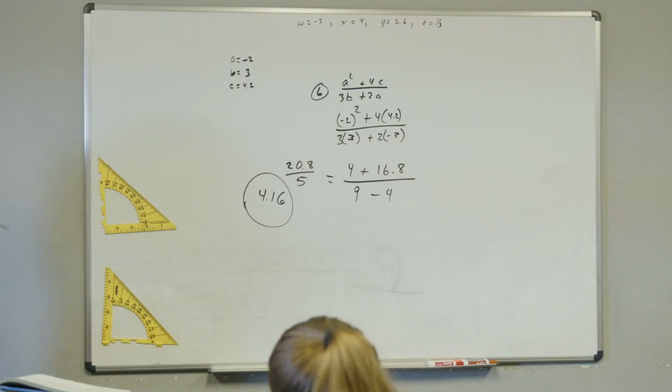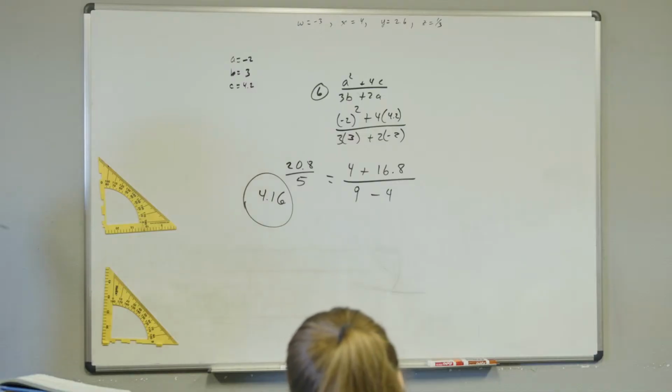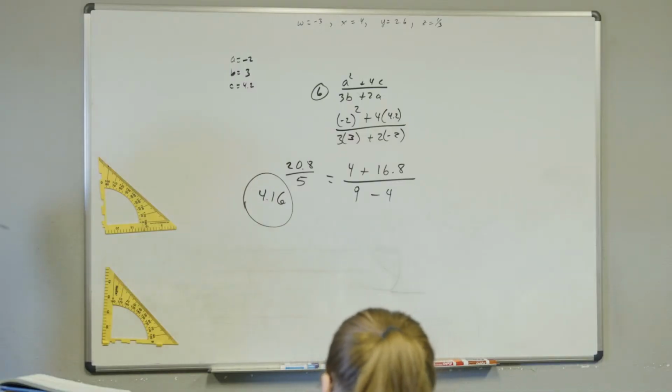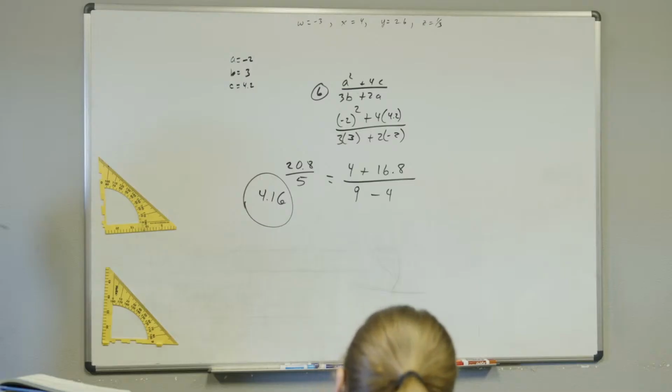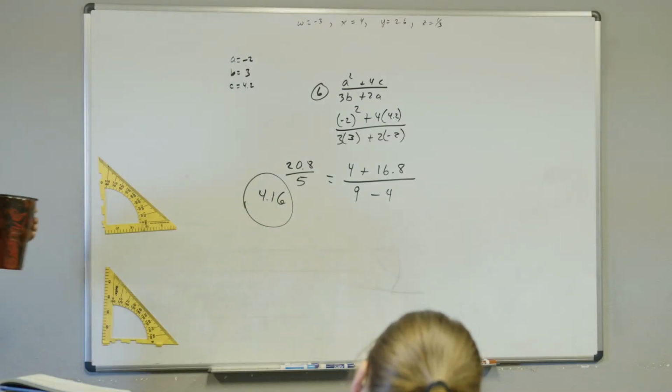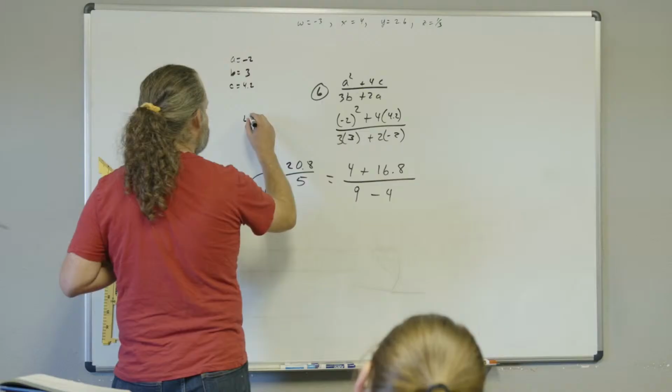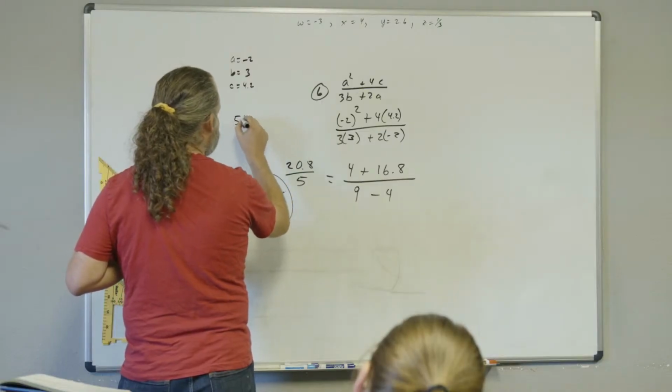Over 24, is it repeating? Or is it just 0.16? 4.16. That's crazy. Something over 24 is 0.16. Unless I did the math wrong in my head, which is very possible. No, not over 24. What did I say? I don't know. Who knows? 50 over 25. Right? No. 54 over